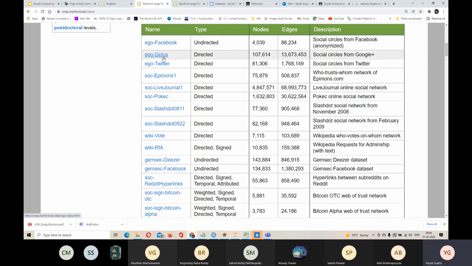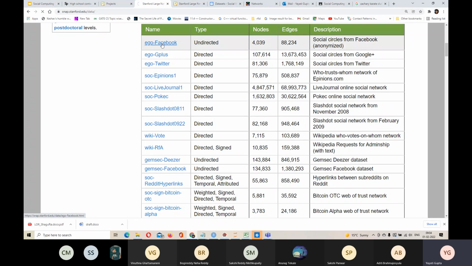This second network is a Google Plus network. Google Plus started their social networking website in between, and it was a directed graph. Probably there again, there was the concept of following people and not befriending them. Now it is another interesting question why Facebook became such a success but Google Plus failed. You can always think about all those questions. And this is the Twitter network. Please note that these are not the entire networks of Facebook, Google Plus and Twitter. They're just a small part of them. They have sampled a small portion of these networks and made them available as a file here.